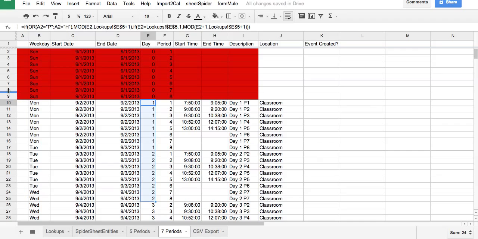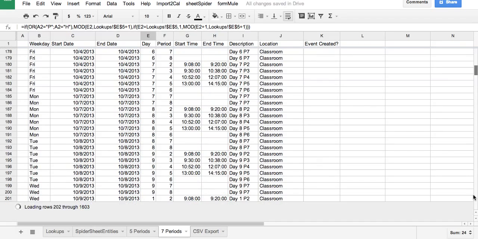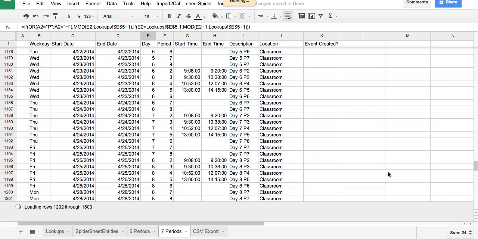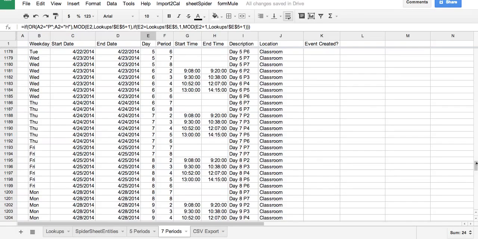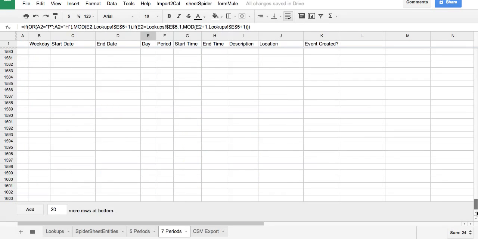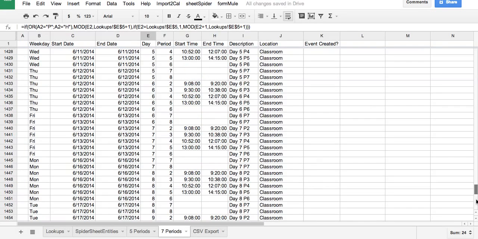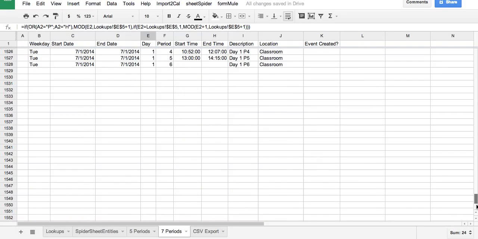So once you've dragged these 2 columns down and added in at the top, what you're going to need to do is go all the way down to the bottom of the sheet. And at the bottom of the sheet, because you've added an extra day, you're going to need to add in extra columns to support your entire school year. Now, if you're not wanting to do this for the entire school year, then you're probably going to want to delete the information at the bottom at the point that you want to stop. But if you're starting in September and you're going all the way through to June or July, then you are going to need to add in just by simply